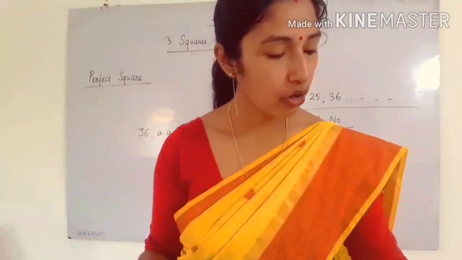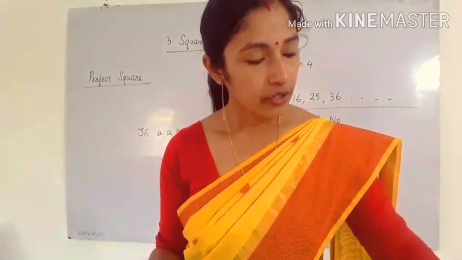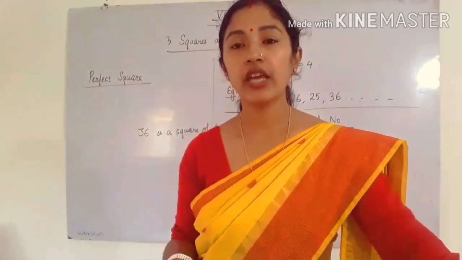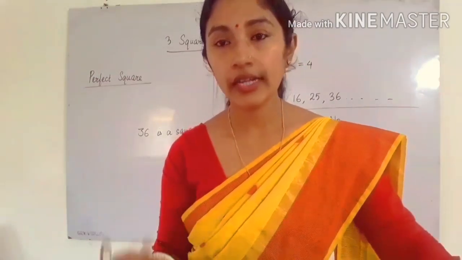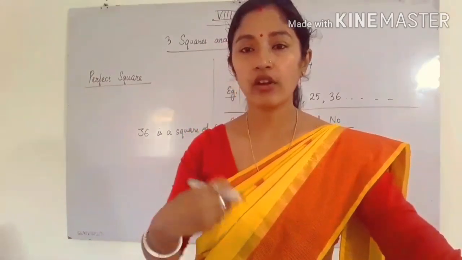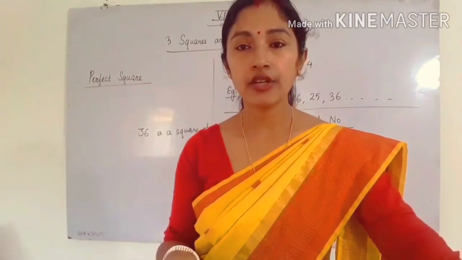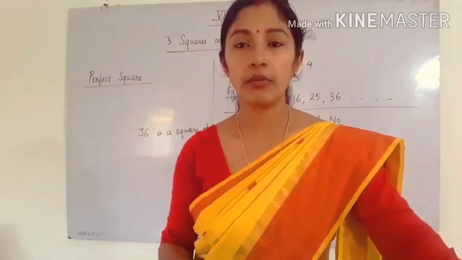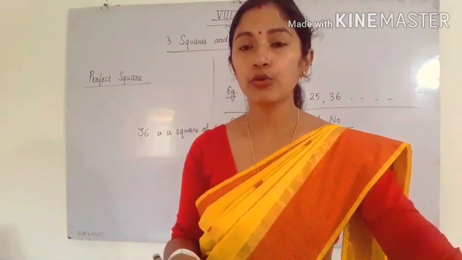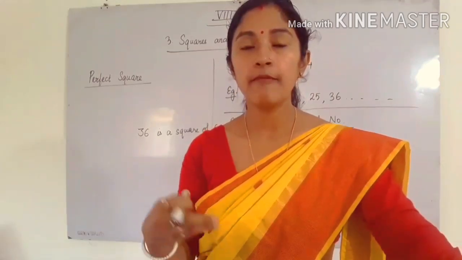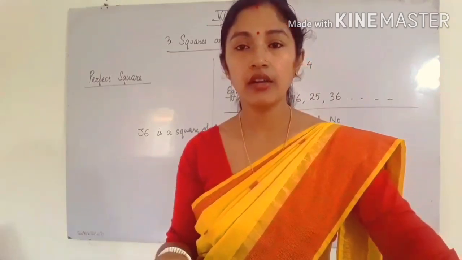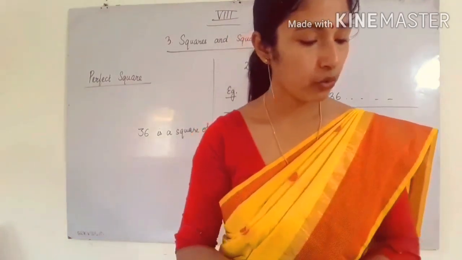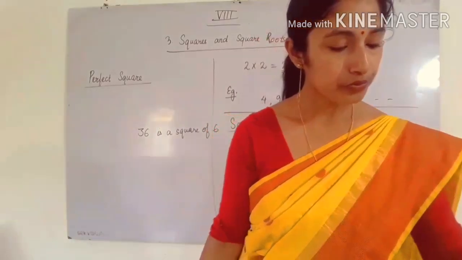Then come to the second question. Find the square of the following numbers. Now here in question number 2, number 1, it is given 3 by 8. Already we have done square for an integer. We can easily find the square of an integer number. But in question number 2, we have to find the square of a rational number. So in case of a rational number, there are two things, that is numerator and denominator. That means you have to square the numerator as well as you have to square the denominator also.